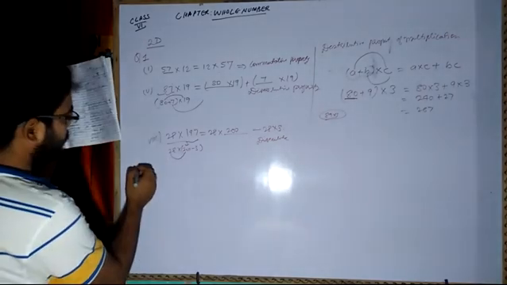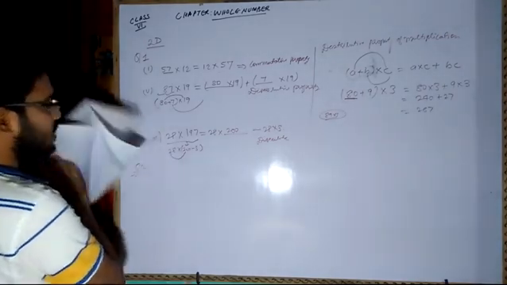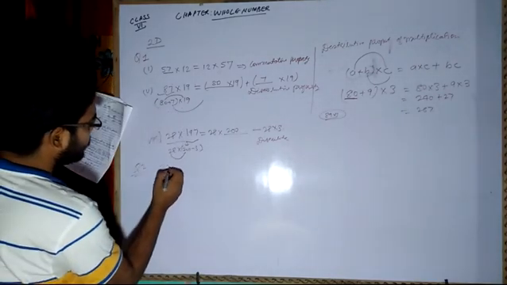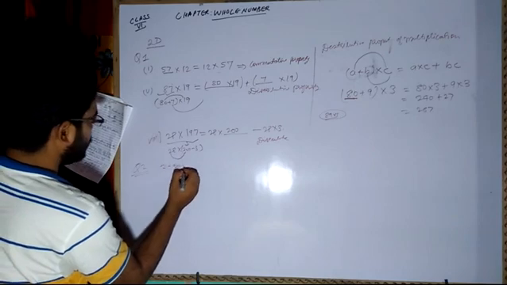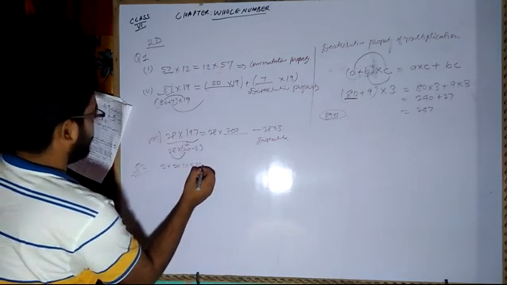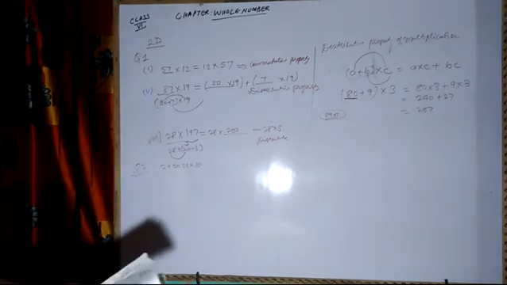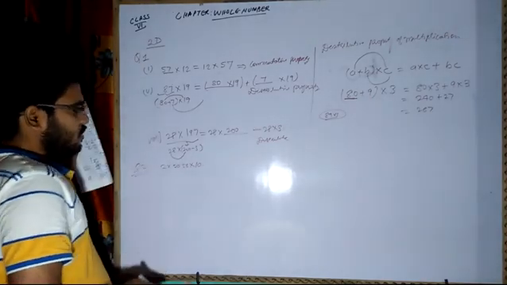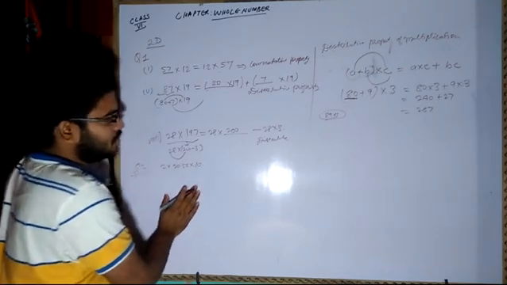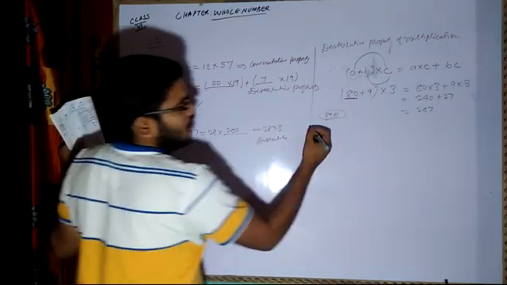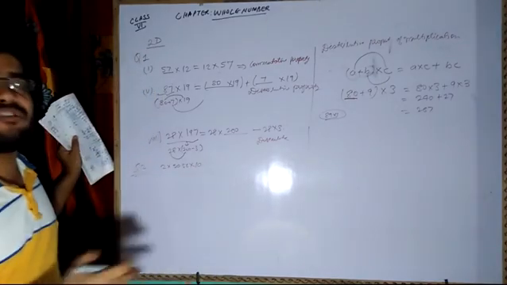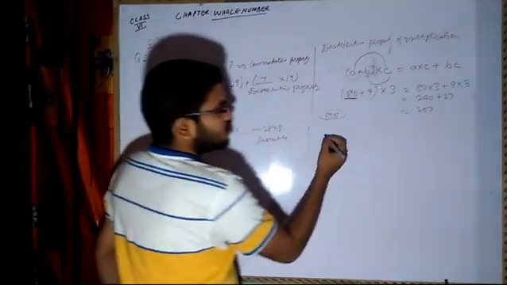Now question number 2 says: multiply the given numbers using suitable arrangements. Now 2 into 2056 into 10, correct. Now what is the suitable arrangement method? I hope you all know the multiplication of any number with a power of 10 is very easy. Now what is the meaning of that?